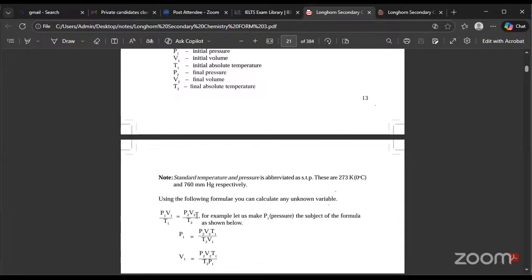So I'll repeat that one. Please, use the absolute scale. If you use the absolute scale, it becomes easy. Now, absolute scale and Kelvin scale. Now, we have two standard conditions. Number one is what we call the STP. Sometimes they'll tell you to calculate